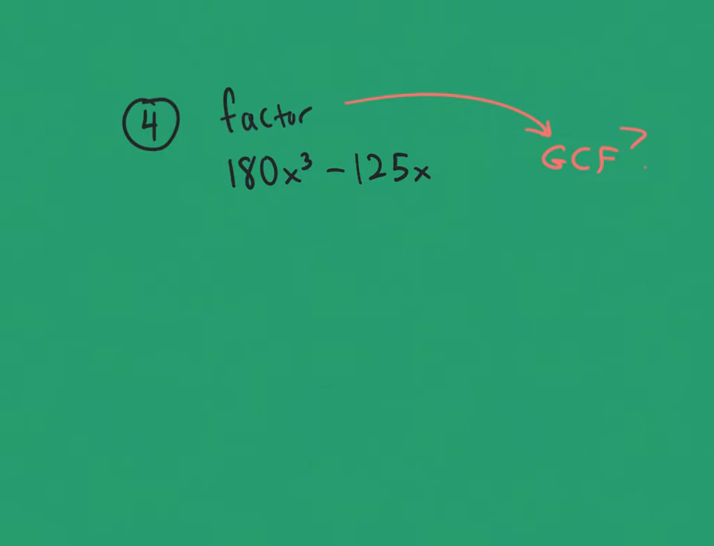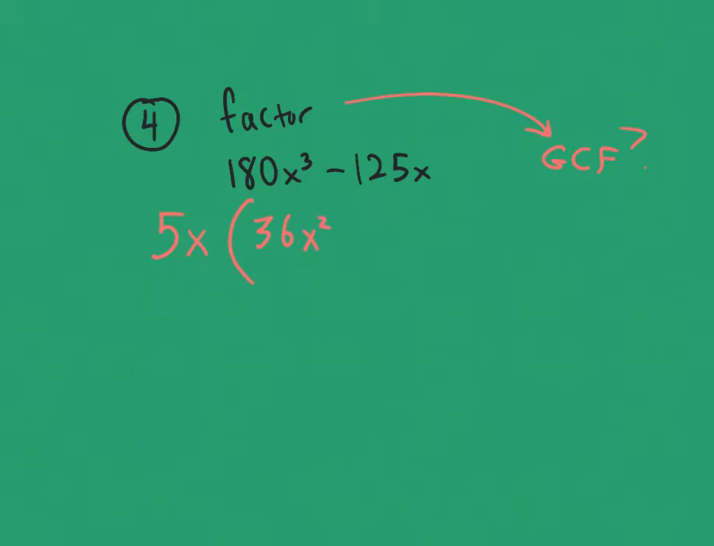Greatest common factor. Hopefully you notice on both of these we've got an x, so we could take out an x to start with. Also 180 and 125 both have a factor of 5 that we can take out. And remember, we're dividing, so when you take out that common factor, that 5, 180 divided by 5 leaves 36. We took out an x that we had to take out of both of those, and then that leaves 2